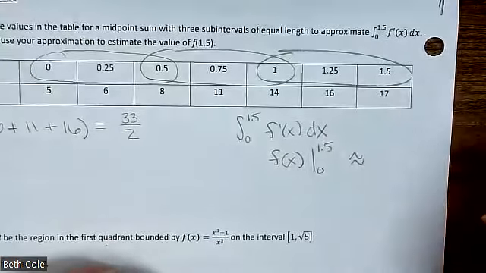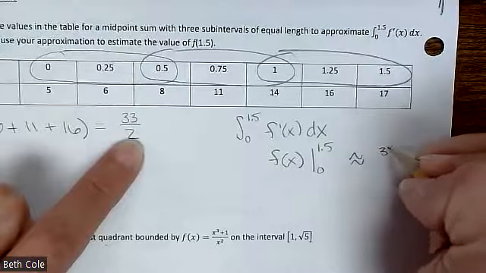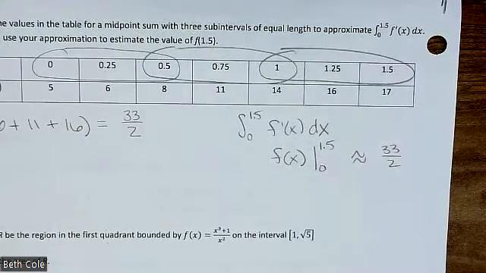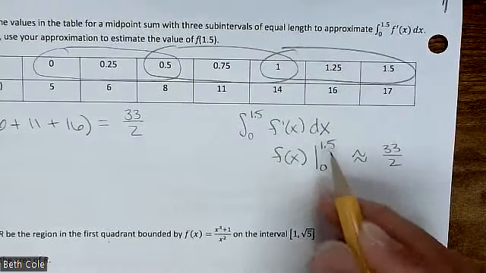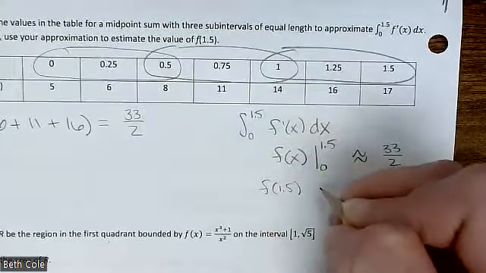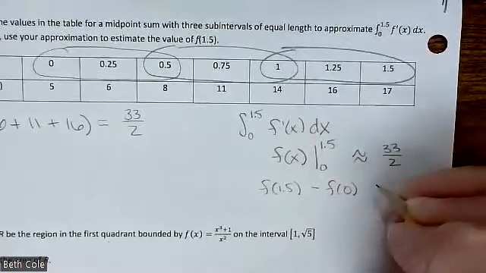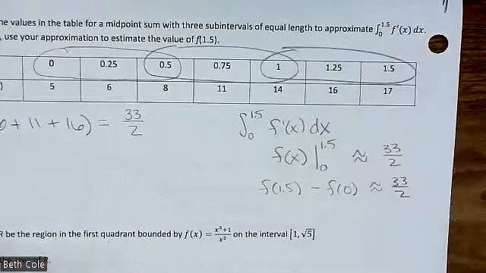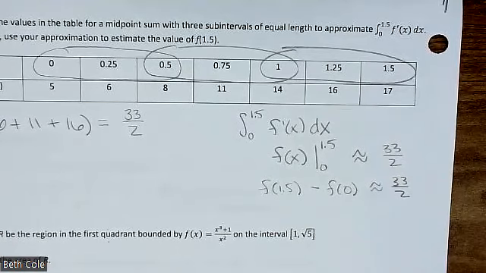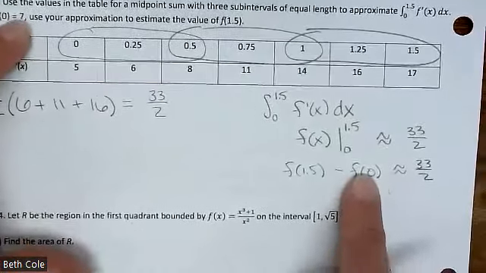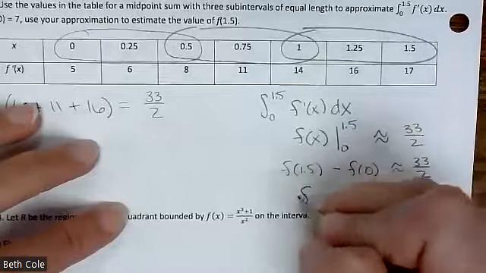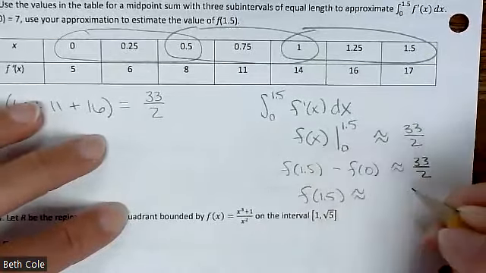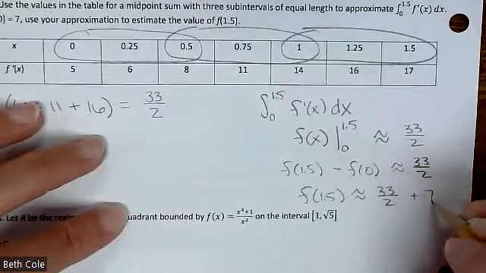Good. And that is approximately 33 halves, like what we got there. And that's why I said we should simplify that down, because I need to reuse that number. And then again, your fundamental theorem of calculus says you do upper boundary minus lower boundary. So it would be f of 1.5 minus f of 0 is approximately 33 halves. And they told us what f of 0 was. What was f of 0? It's given 7. So if you add that over, your f of 1.5 is approximately 33 halves plus 7, whatever